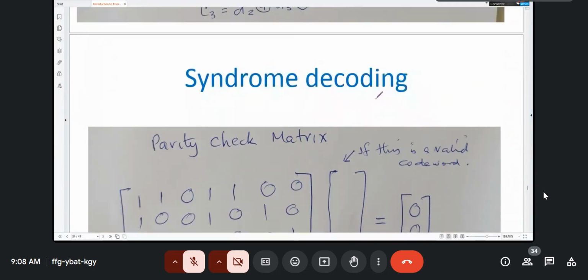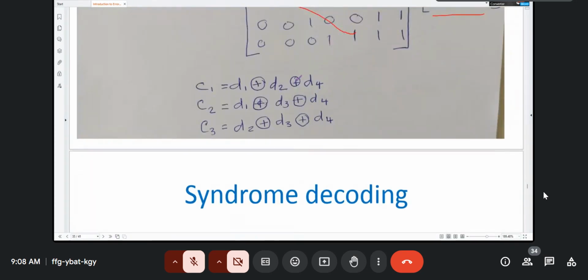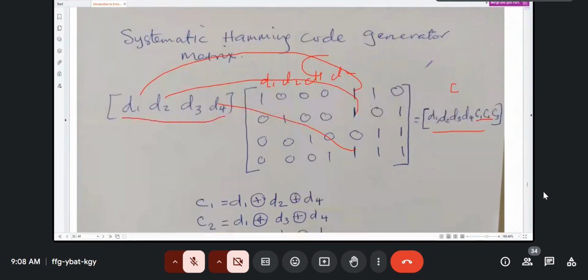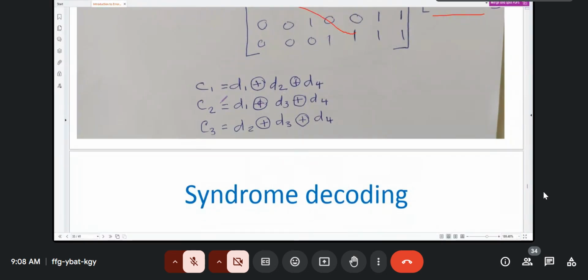Now, it's good to know that. The importance of this is also easy when you are doing your arithmetic. With a systematic code, knowing this is very important, because with your systematic code, if you are given